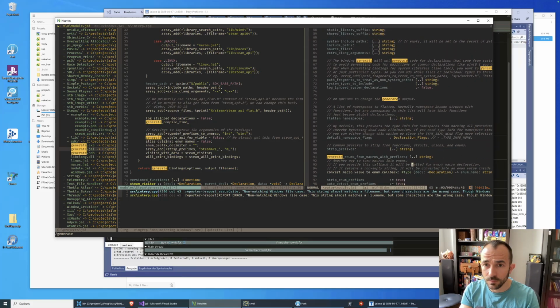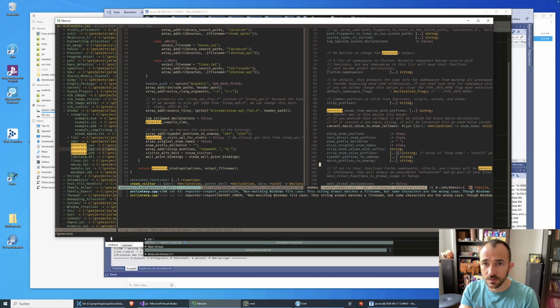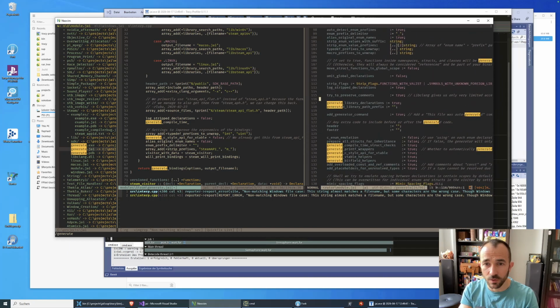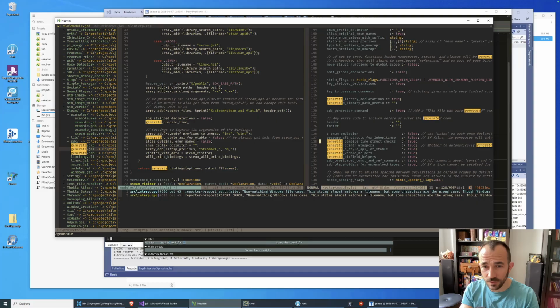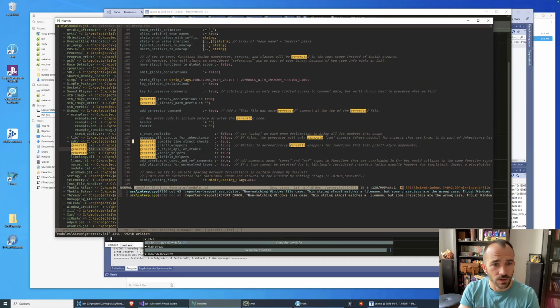If I seem especially slow today, it's whenever I pause to think what key I need to hit. Compile time struct checks. Where's the underscore? There. Where's the semicolon? There. Okay. Where's the colon? Yeah, we're getting somewhere.